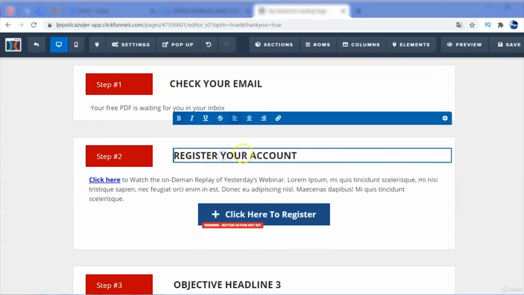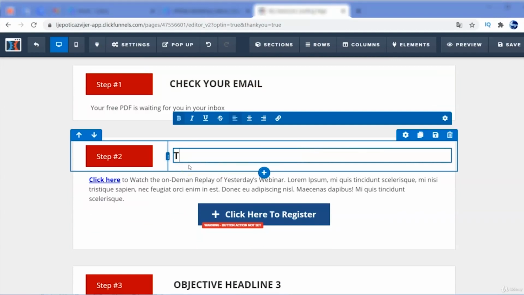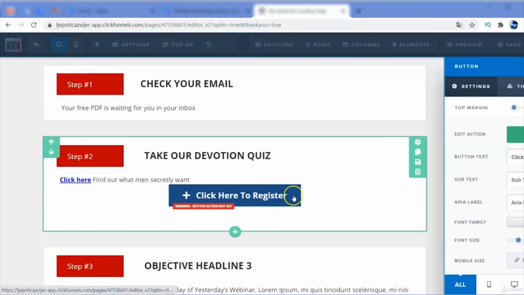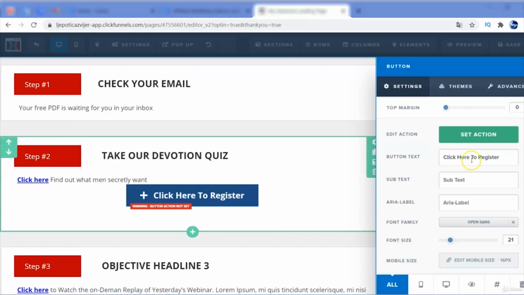So let's say test or take our devotion quiz, find out what men, and then under this button, so I would edit it, take quiz now,